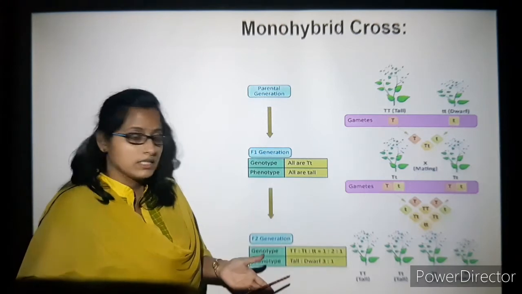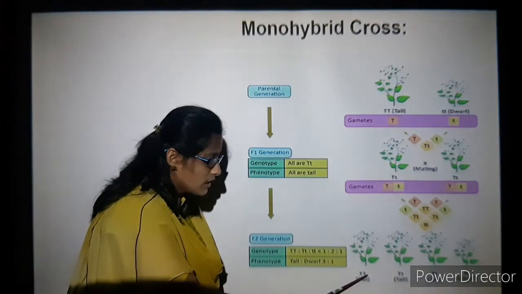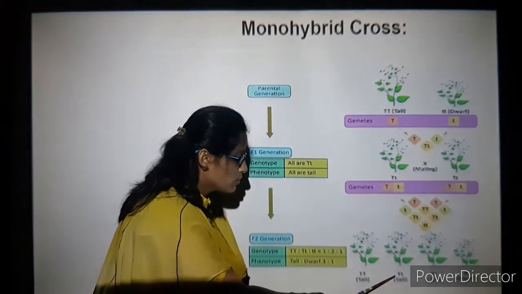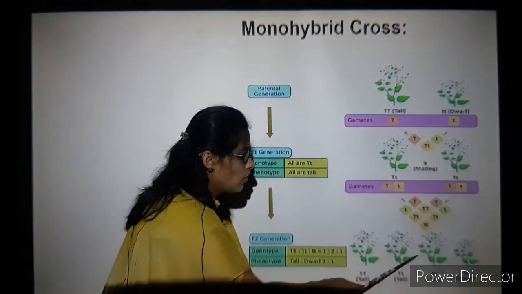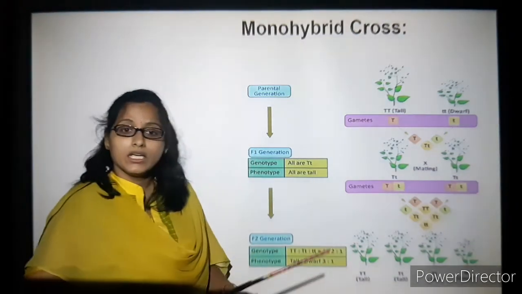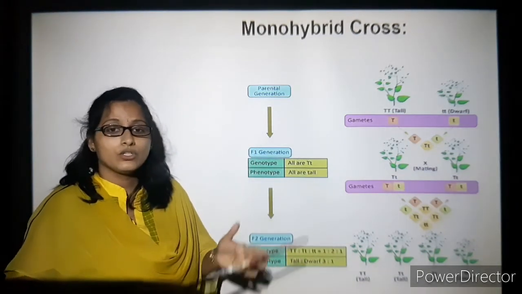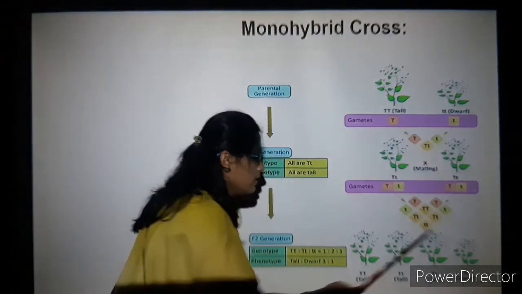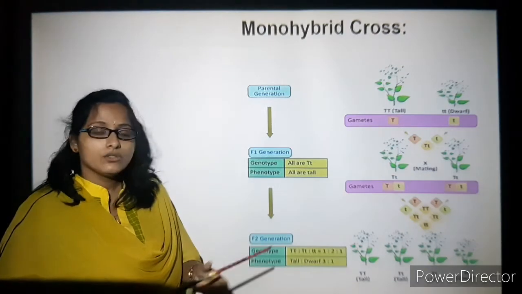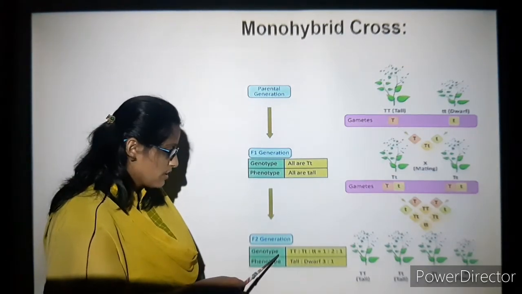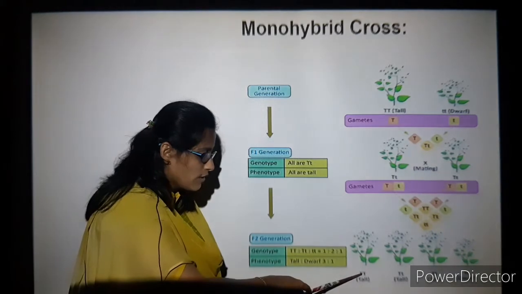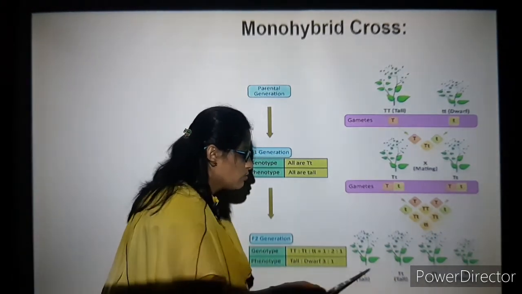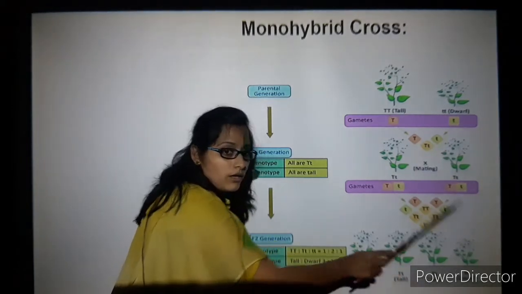How we are going to get it is, see, big T and big T, this is purely tall. This ratio, that is big T and small t, or 2 different plants you will get. Again big T is dominant, so tallness is dominant there, and you have small t and small t, dwarf. So what is the ratio here? The genotype ratio is here 1 tall, that is 1 is to how much hybrid? 2, that is 1 is to 2 is to 1.